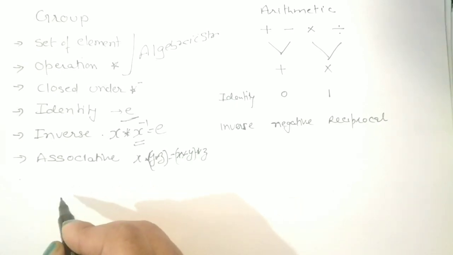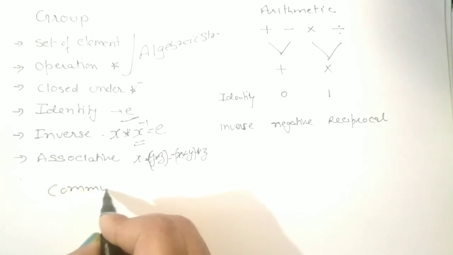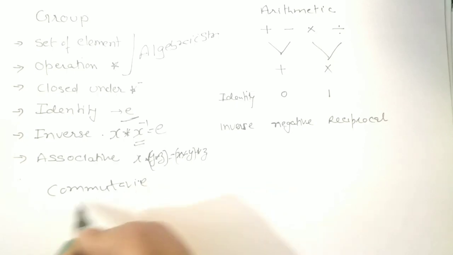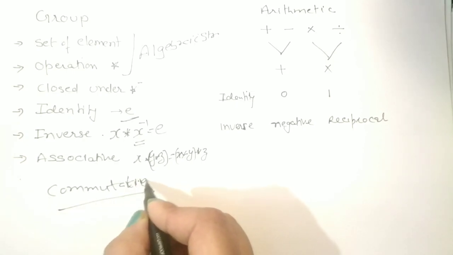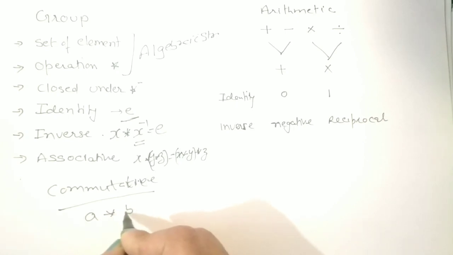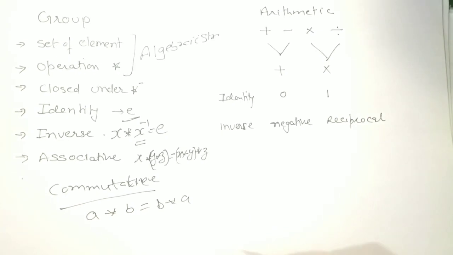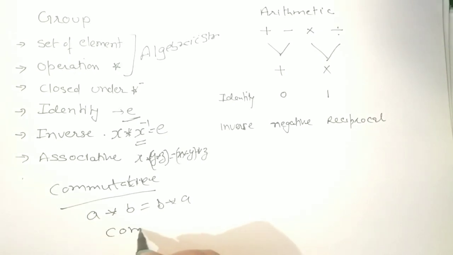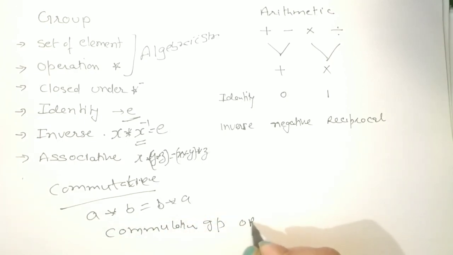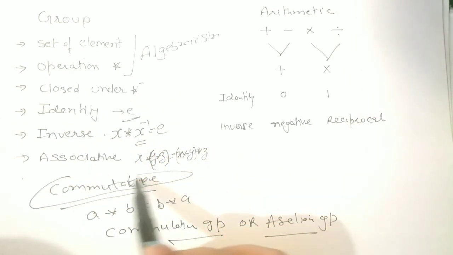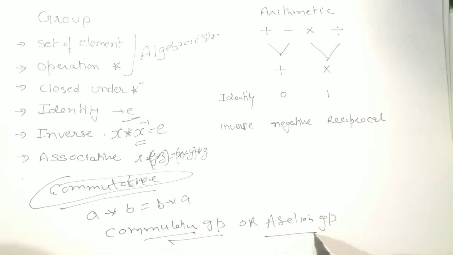Now one property, that is the commutative property. It is not a necessary property for a group, but this property is: if we have two elements and changing the order does not change the answer, then that group is called a commutative group, or the other name is abelian group, right? So this is the definition of a group. If one additional property also holds, then that group is a commutative or abelian group.